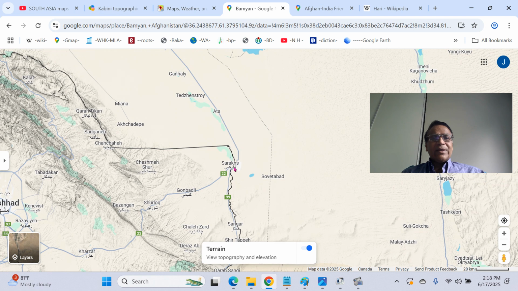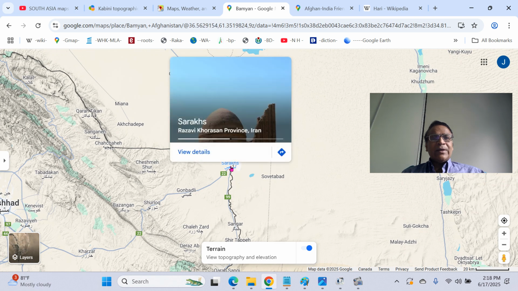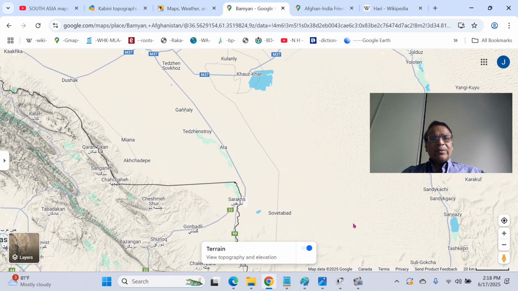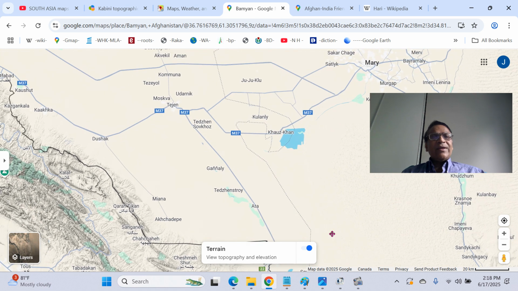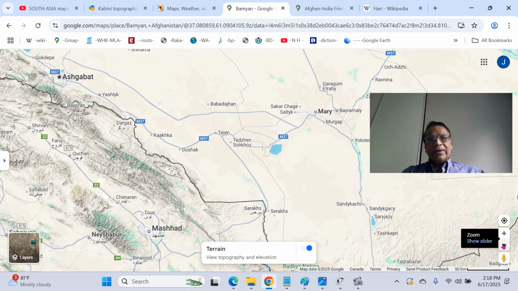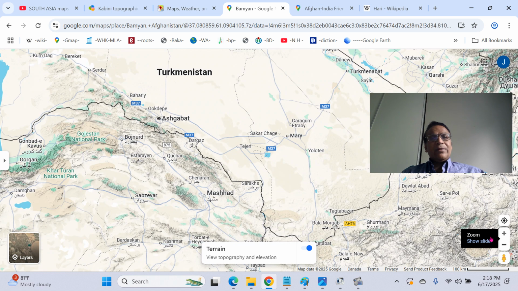Desert. You can see Sarkis, a historic Silk Road city and town in the Razavi Khorasan province, and also a similar twin city in Turkmenistan. It finally ends up at a place called Tezen. That's why the river is also called Tezen, also spelled differently. That is in the Turania region, now the Turkmenistan region, the Karakum Desert region.